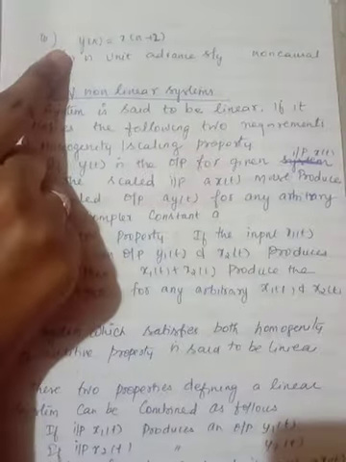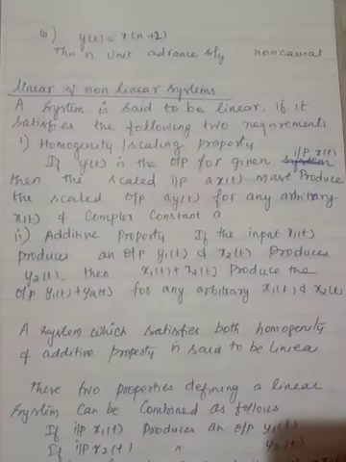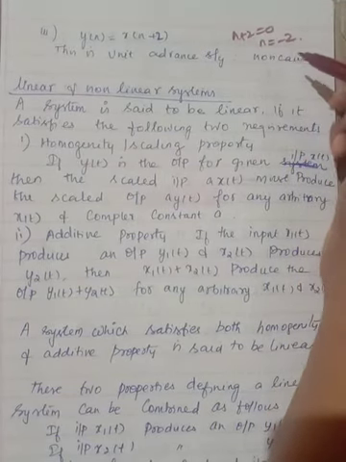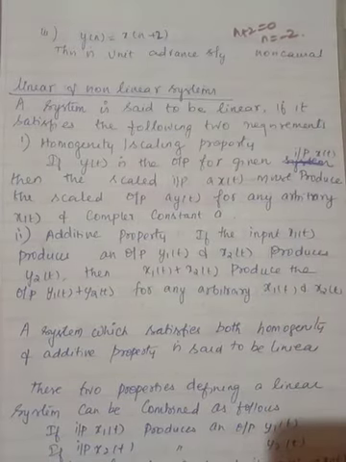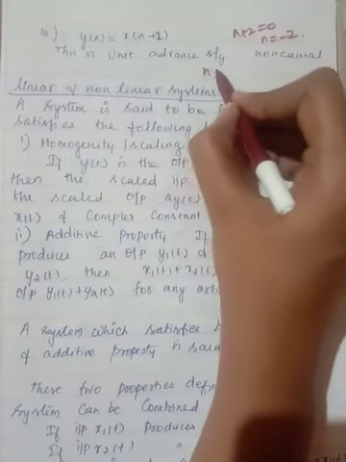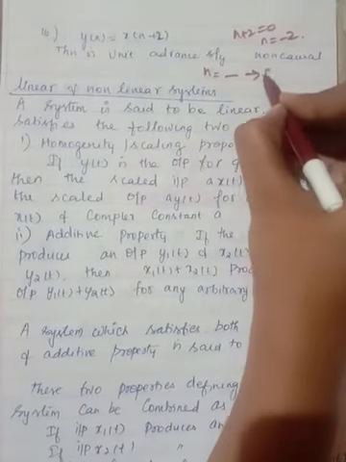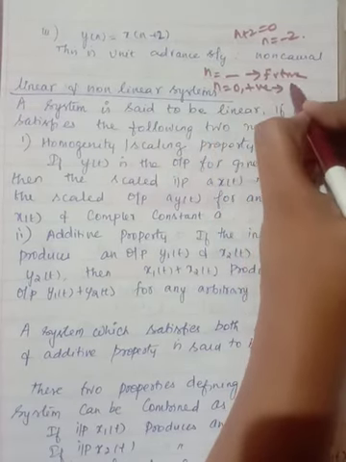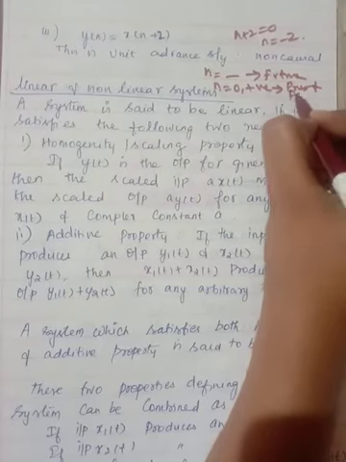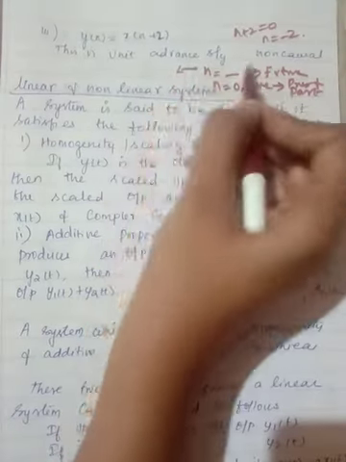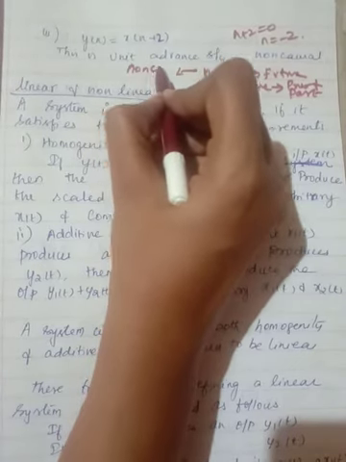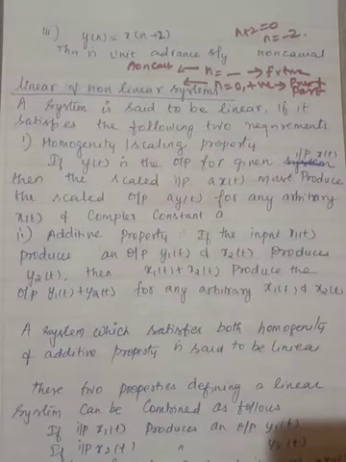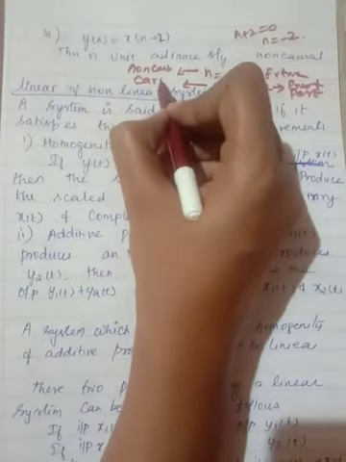So the next one is y of n is equal to x of n plus 2. Here n plus 2 is equal to 0, n is equal to minus 2. So it is an advance, so it is a non-causal system. So this is what you need to find. It is very simple. If n takes a negative index, it represents a future value. If n takes 0 or a positive index, it represents present and past values. So if we take a future value, it is said to be non-causal. If we take a positive value, it is said to be causal. So that is the difference.